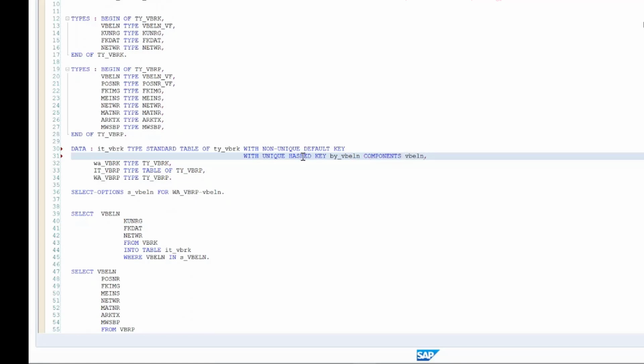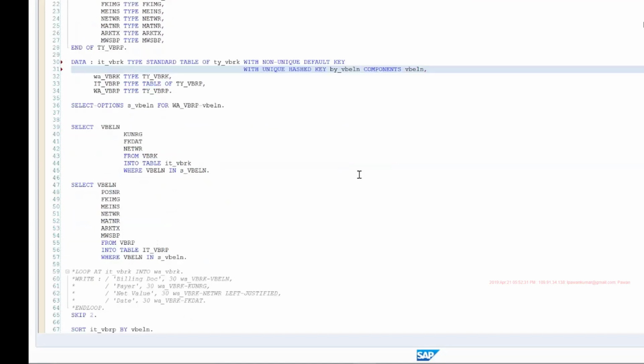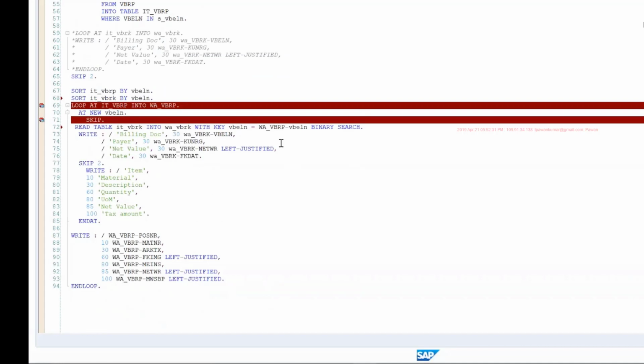Now I'm defining a hash key for this internal table, and when reading, the name of the key is by VBELN, and I have this VBELN. So whenever you add a record to this table, it automatically uses this key to generate the index. And here I can say with table key, because we want to use the hash function. Table key, my key name, components, this equals to this.